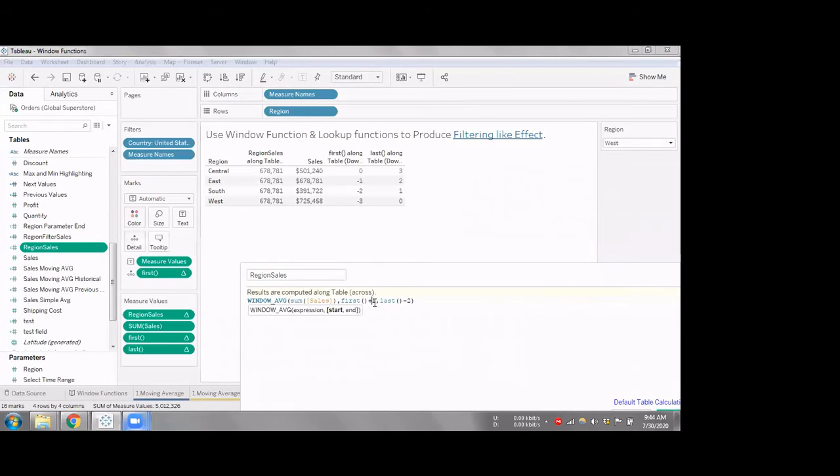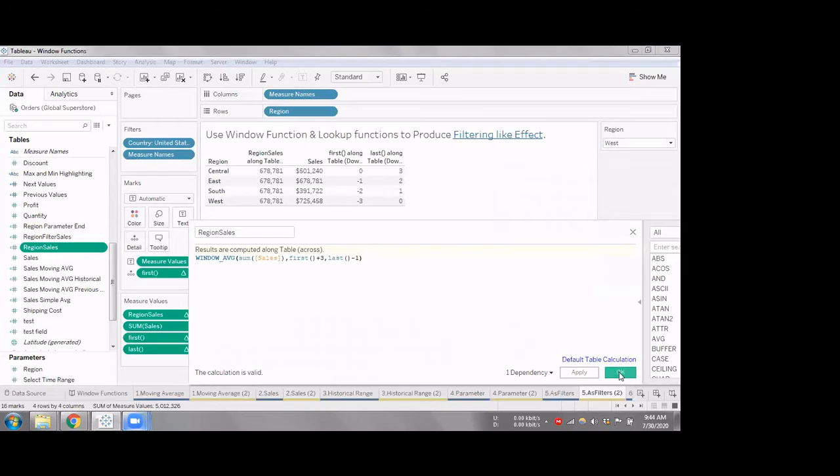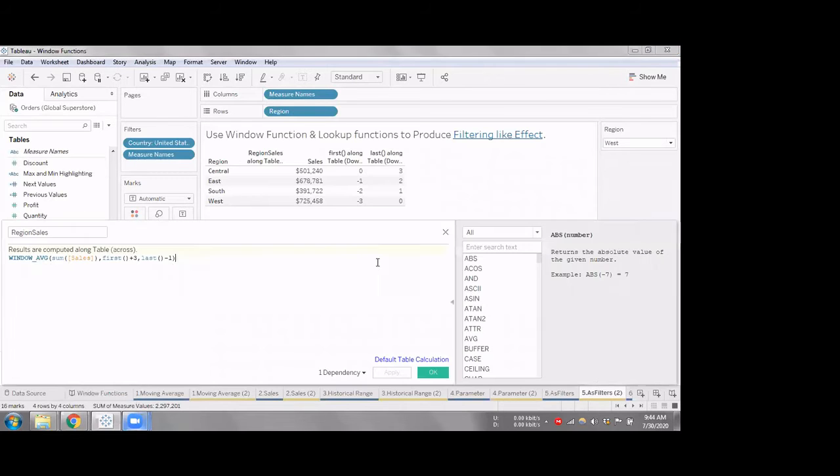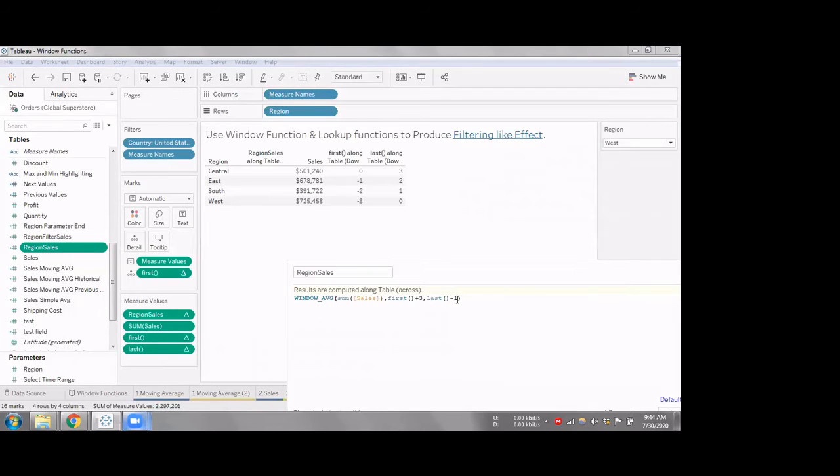Let's say if I want South instead of East, then I'll change these variables, and let me get the sales, first plus... I'm sorry, it should be plus 2 and minus 1.